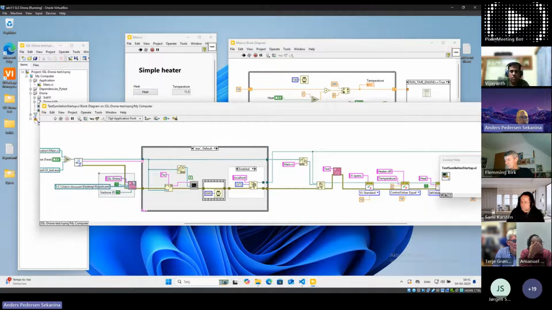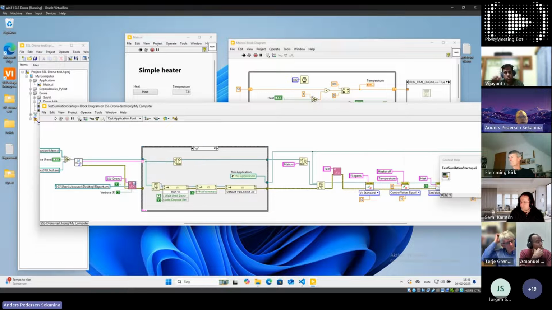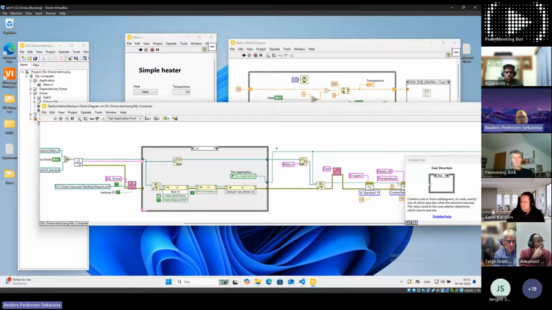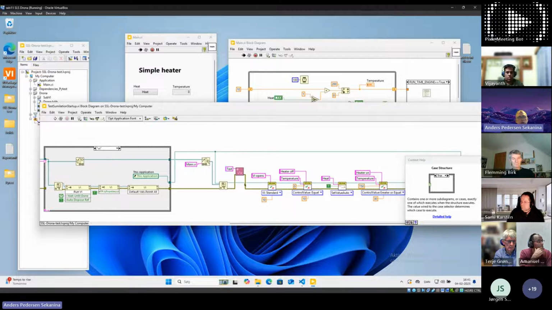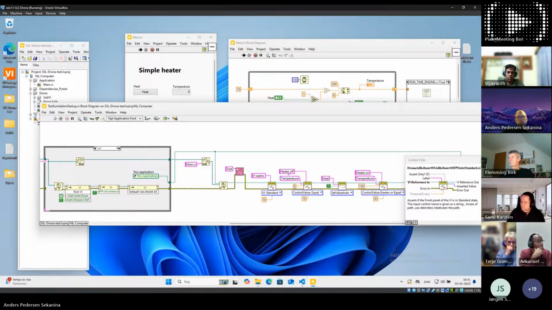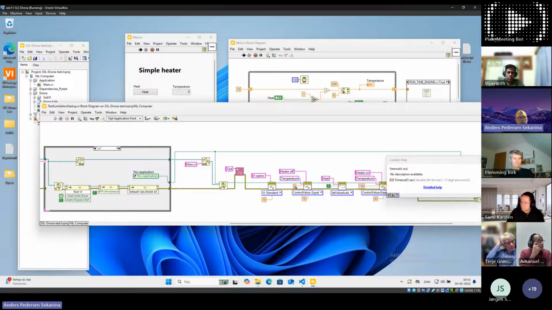But you need to start the unit test. Then I have here two different ways. I can run it as a VI, and we will see that first. You do a test where you first test that the VI is opening up and is the foremost VI in the application. Then you do a test that the heater is off and wait until the temperature is 0.